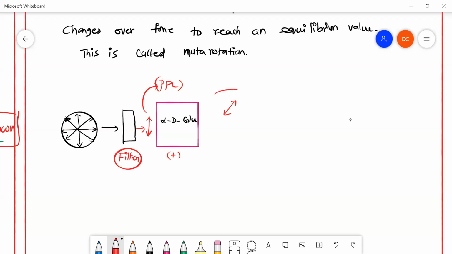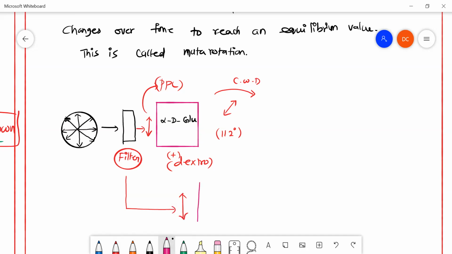Light can be rotated in the clockwise direction like this; this is called dextrorotatory. So alpha D glucose will rotate the light around 112 degrees. Okay, suppose the same plane polarized light is taken here, and that light will be passed to the pure